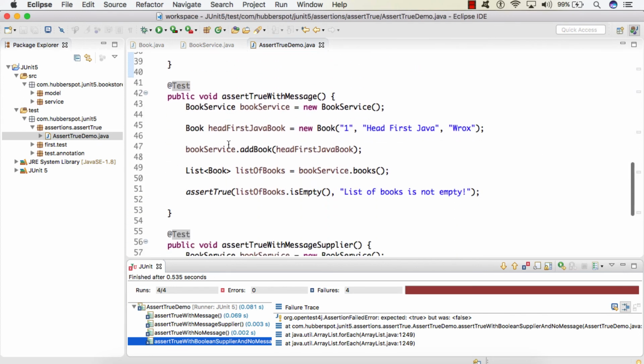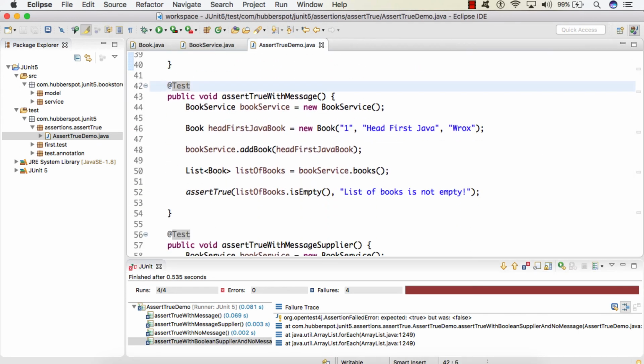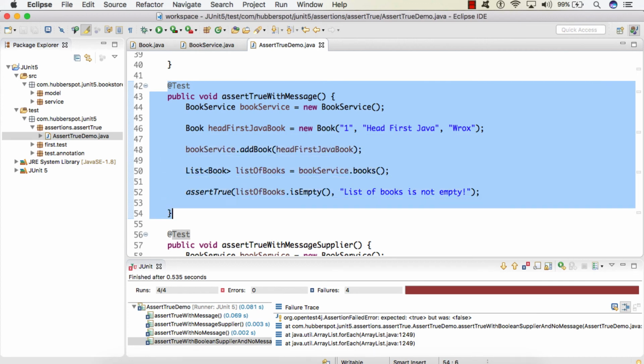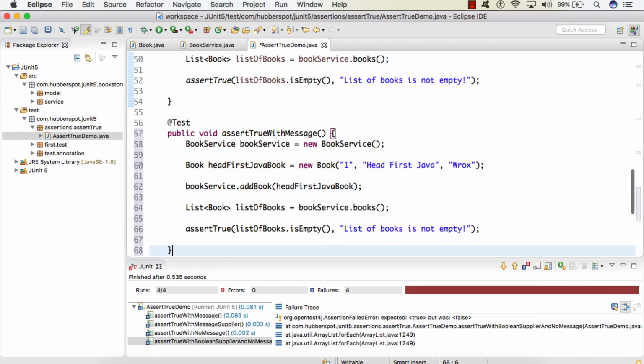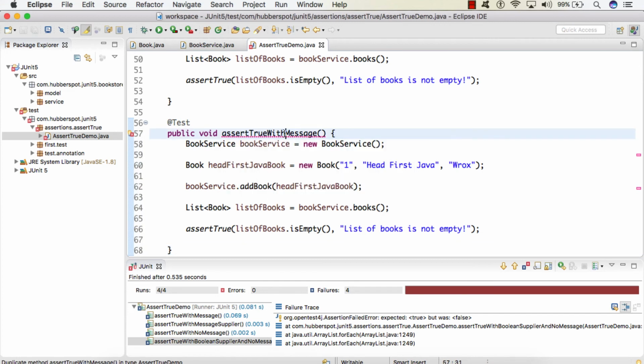And similarly, I'll just copy this, so I give the name as assertTrue with boolean supplier and message. So here in this test case, the message is already given.